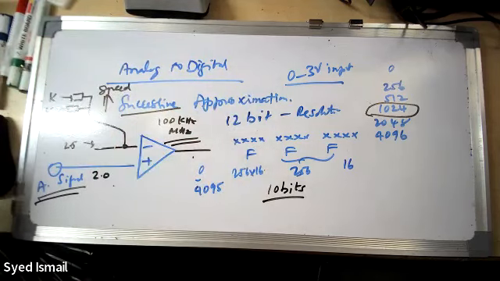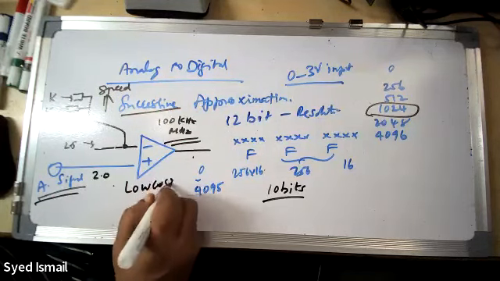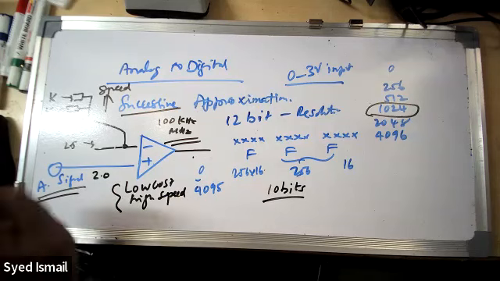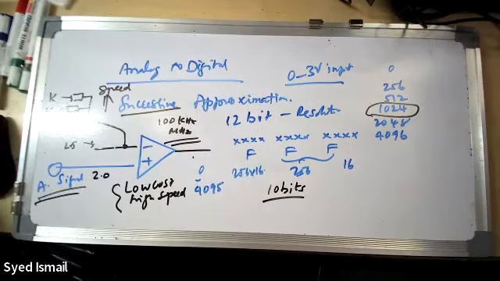So successive approximation in short form is low cost, and you can get high speed, but they are not the best ones to be used for accurate measurement, especially of slow moving sensors, slow moving values like temperature. They're very difficult. You better use a different type. Weighing machine, I will not use successive approximation for a weighing machine.